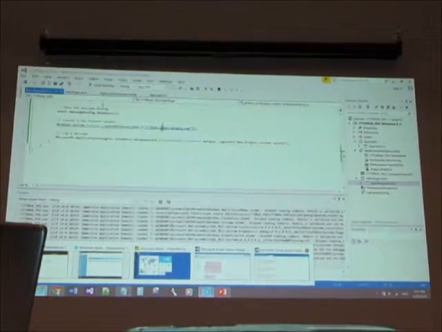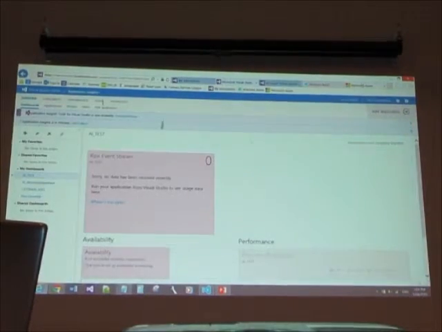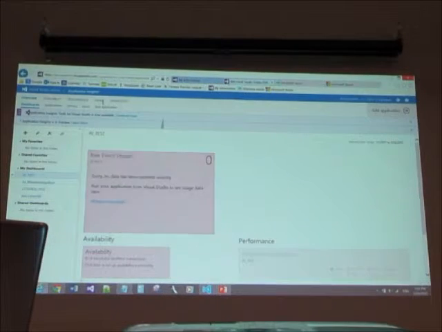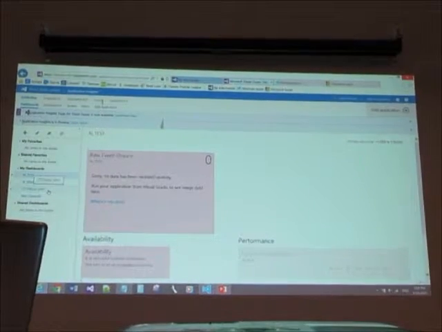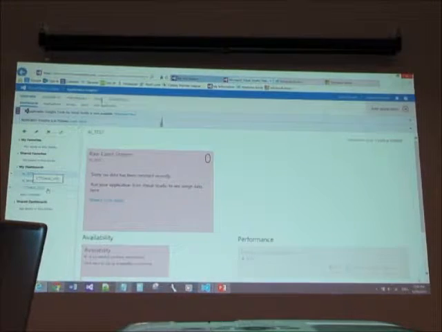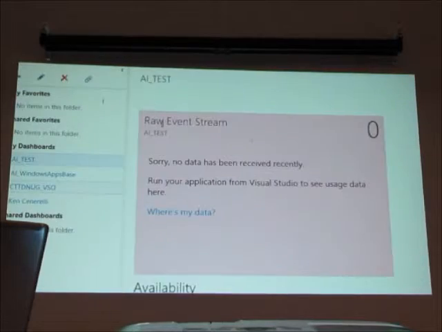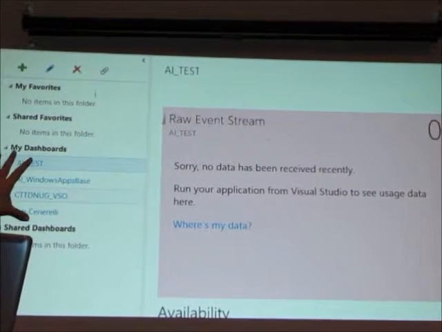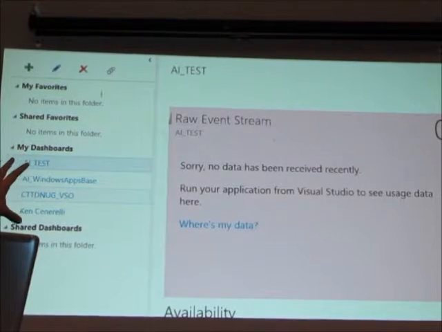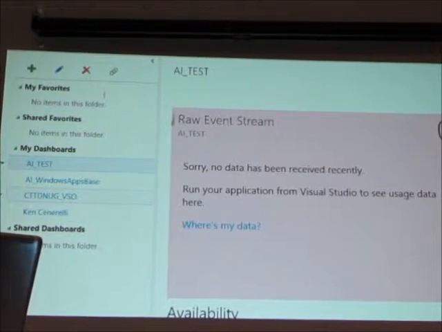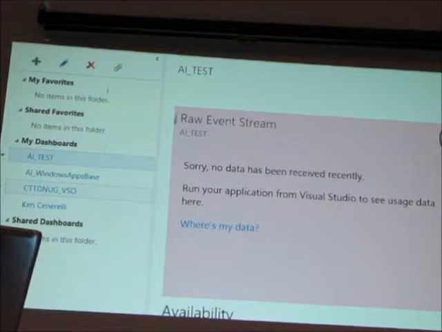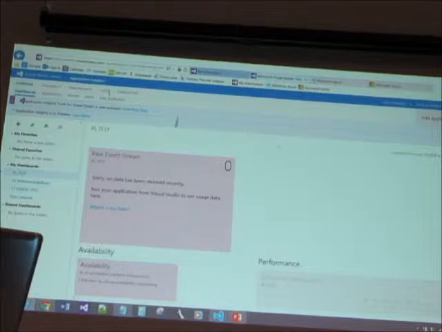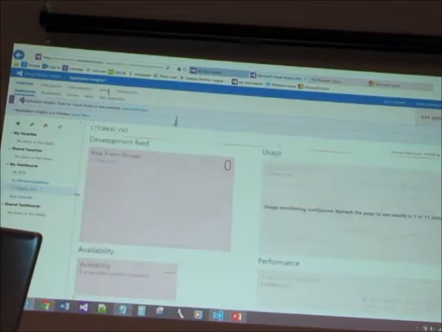I come back to my Visual Studio Online. I'm going to close this, don't need it anymore. If I go back into my resource, I just want to highlight this too. Every time you come back and refresh this page, it's always going to jump to the top resource. So if you're not seeing things, make sure you're on the right resource, because it'll always default to the top level resource. You could delete it, I guess, if you wanted to, but just make sure you're always on the right one. So if I go back to this resource,